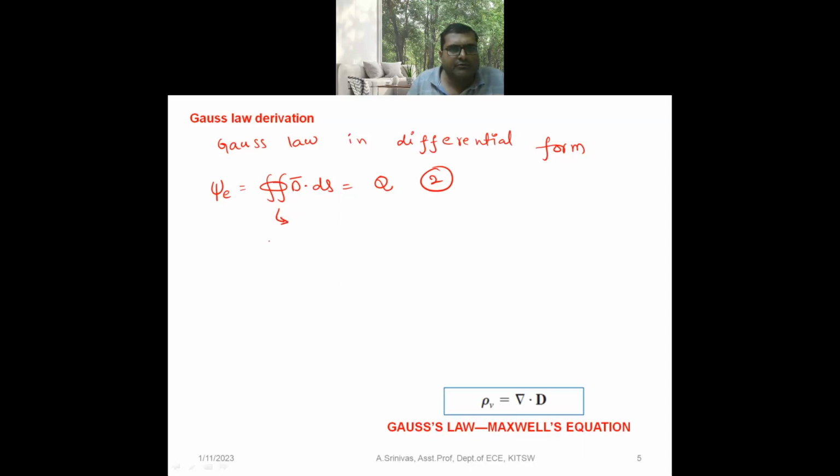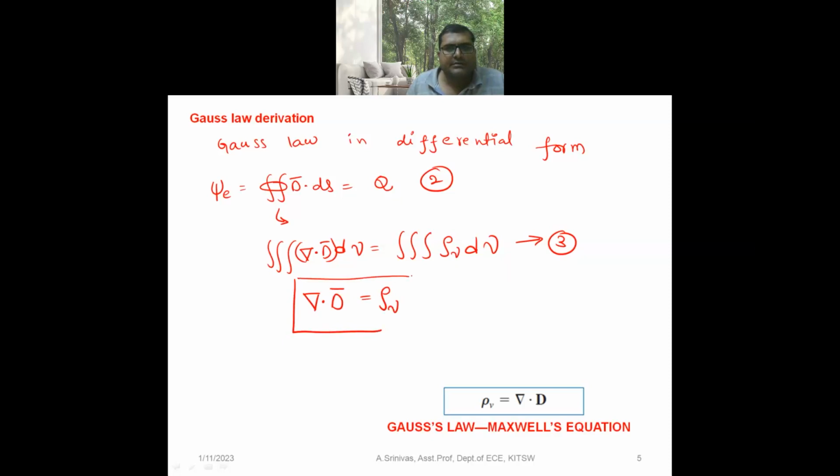The closed surface integral will become a volume integral of del dot D bar dv, and from the definition of charge distribution, the charge is equal to the volume integral of rho v dv. Let it be equation number 3. Here, from equation number 3 we can write del dot D bar is equal to rho v. It is one of the Maxwell's equations,